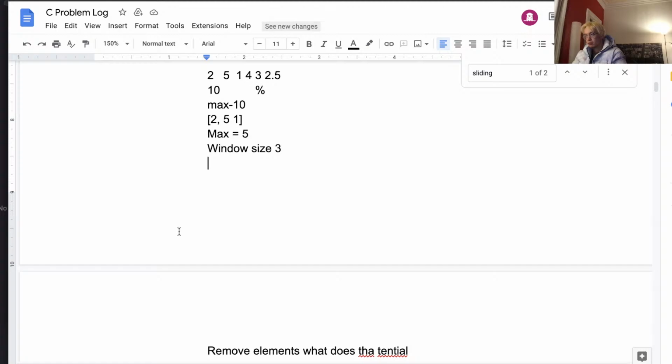Okay, so now that I shrink the window, right? And how does it get you close? More importantly, how does it get you close to the answer? What's the objective? How does it get you close to the objective?